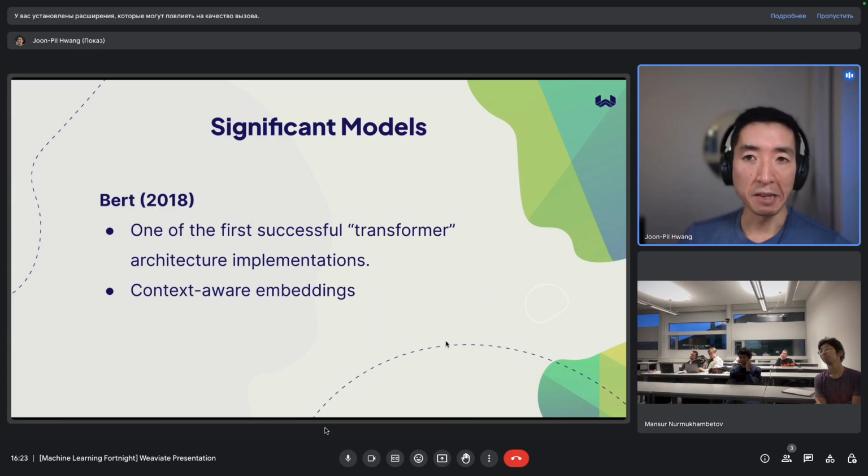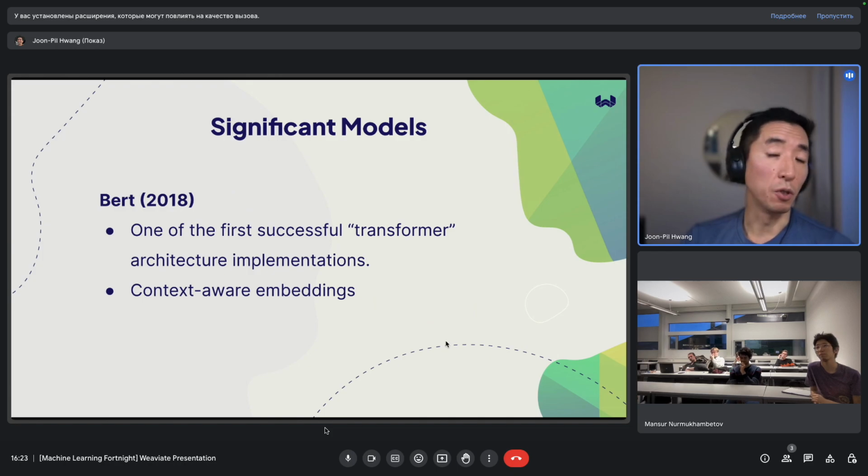And we can skip a few years to the BERT model. And that was kind of the other really, really significant development in the space, because if you hear the word transformer a lot, and that's the T in GPT, BERT was one of the first successful transformer architecture implementations. And what that allows us to do is to capture the context of words. In word2vec implementations, all the embeddings for words are independent of each other. And that makes capturing meaning of sentences, paragraphs, and larger pieces of text very difficult, right?